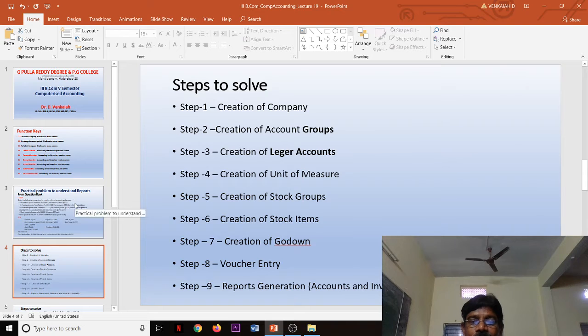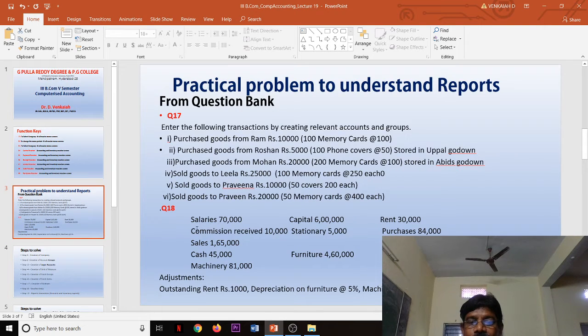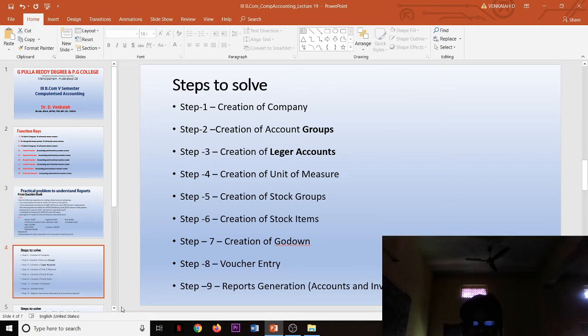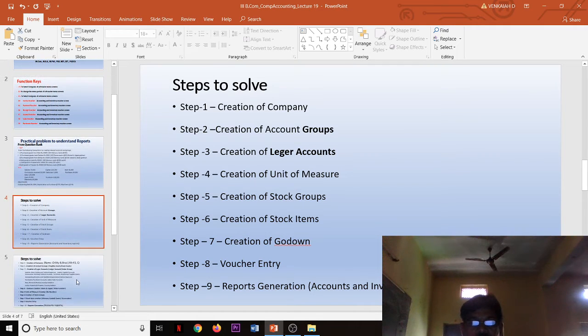Okay, question numbers 17 and 18. First we will understand 17. What are the ledger accounts available? Salaries, capital, rent, commission, stationery, purchases, cash, furniture, machinery. Here I am finding two fixed assets, furniture and machinery. I would like to categorize them as tangible assets. That's why in creation of accounting groups, I am creating one group called